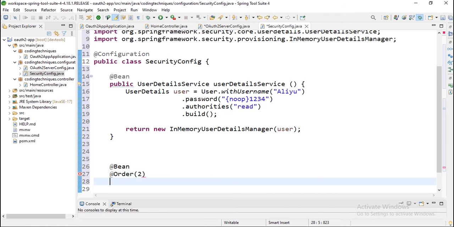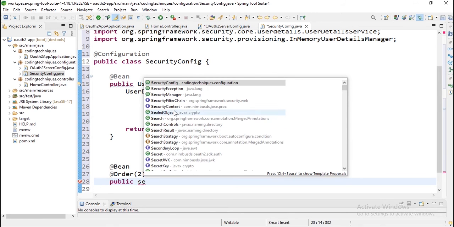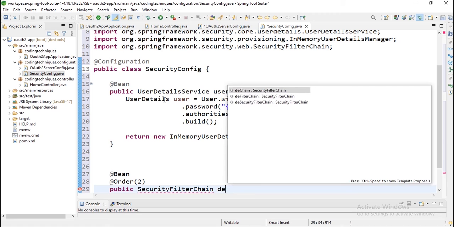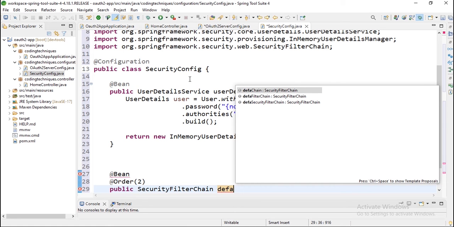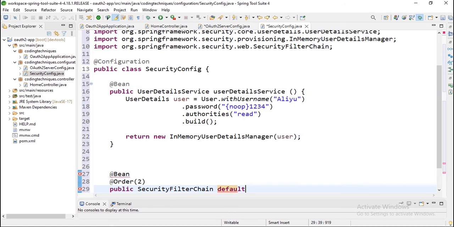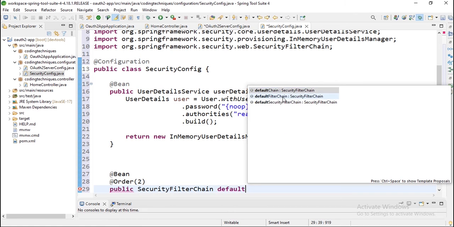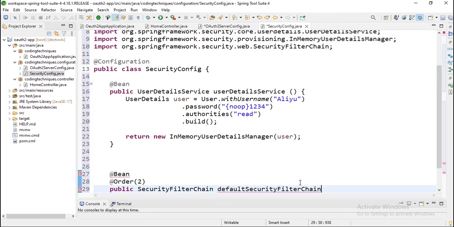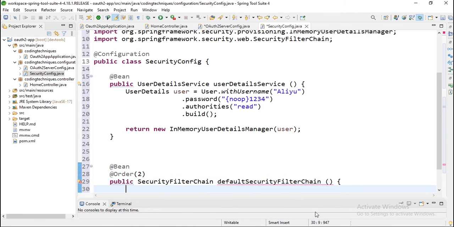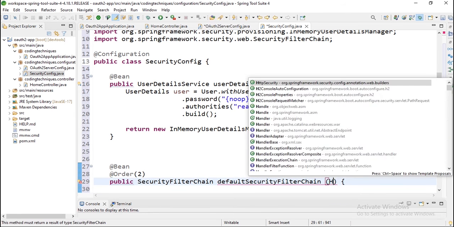Okay, so public SecurityFilterChain, I will name this defaultSecurityFilterChain. So I will pass the HttpSecurity as well here,